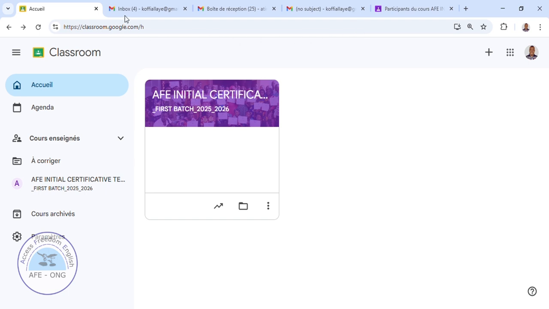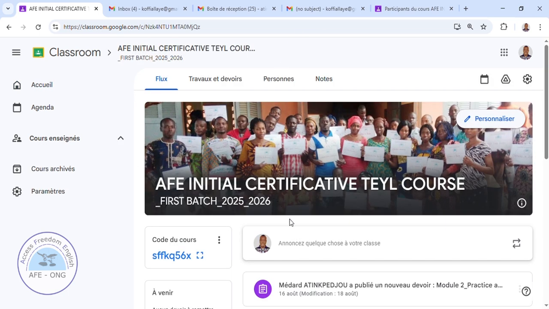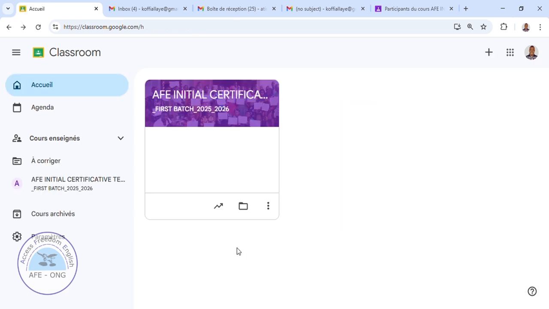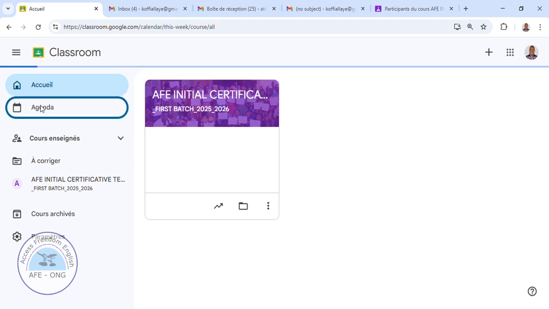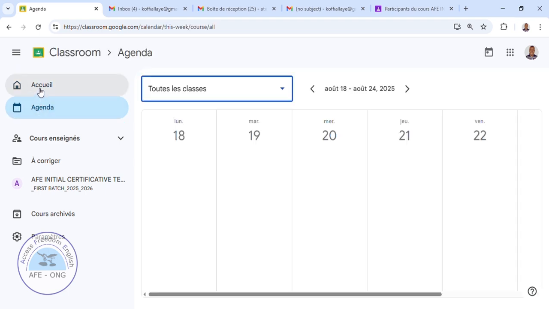So when you are sent an invitation link, you can have this interface or this one. Okay, you have it. On this you can see the pictures that I post. Now if you have this interface, this is where you see the title of the course, and on the left of your screen, you see the home page, the home button. You see the agenda,